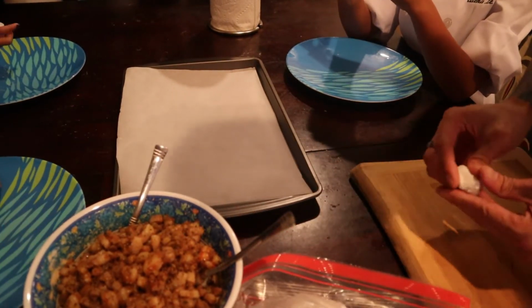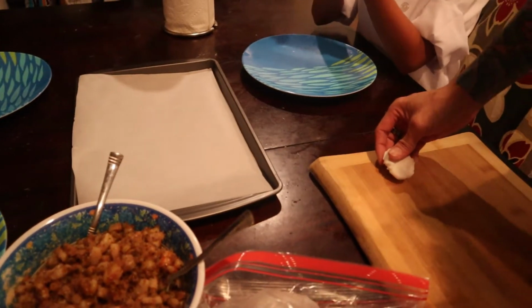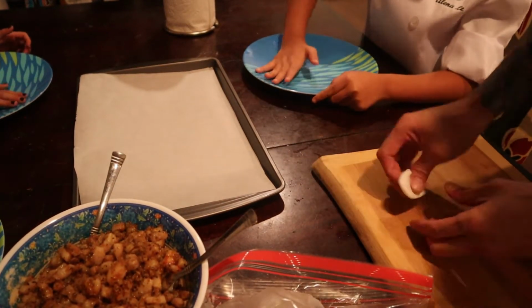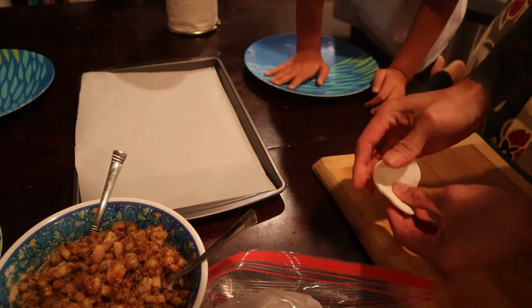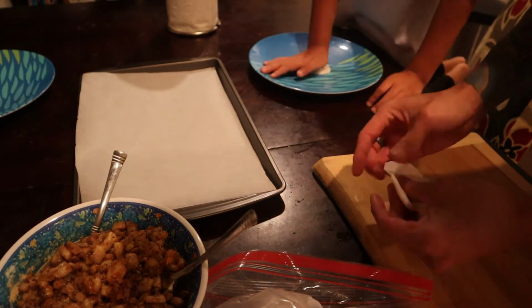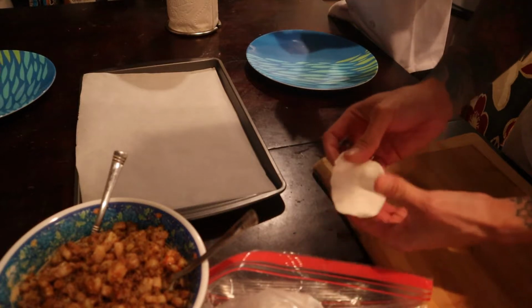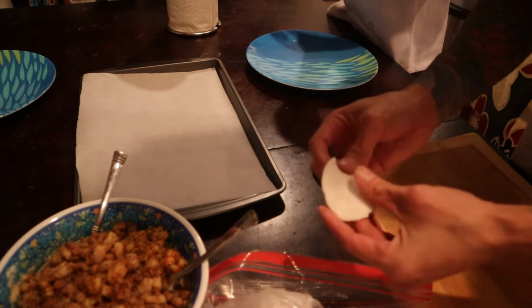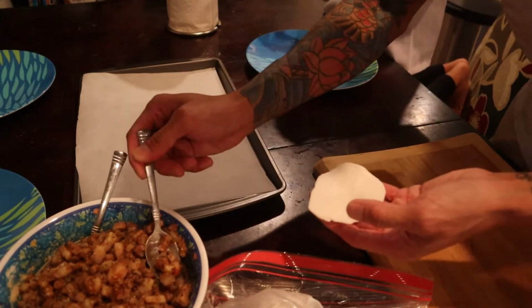All right, and then from here, we're gonna press it. We're gonna press it on the board. And we're gonna flatten it so it becomes a round disc, okay? So once you get into a round disc, try not to make it too thin, otherwise you're gonna poke a hole through it and then your filling's gonna fall out. So here, we're gonna grab a little bit of our filling, a little bit of the shrimp,